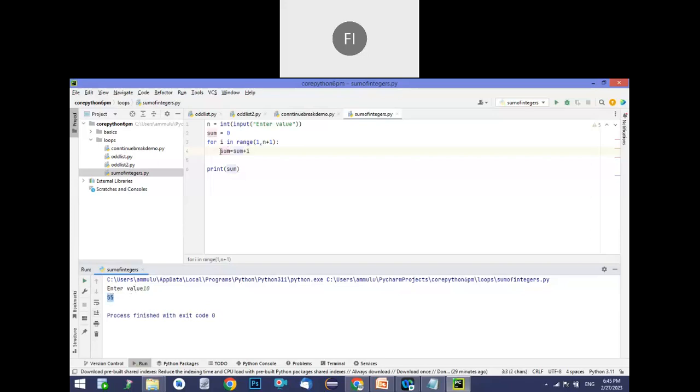So this is the advantage of loops. Instead of manually writing sum equals sum plus 1, sum equals sum plus 2, sum equals sum plus 3, we iterate the loop, and every time the i value is replaced, from 1 to 10, or 1 to 5, or 1 to 100. Looping statements simplify your logic and code, and reuse the same code again and again. The same logic is only one line of code.